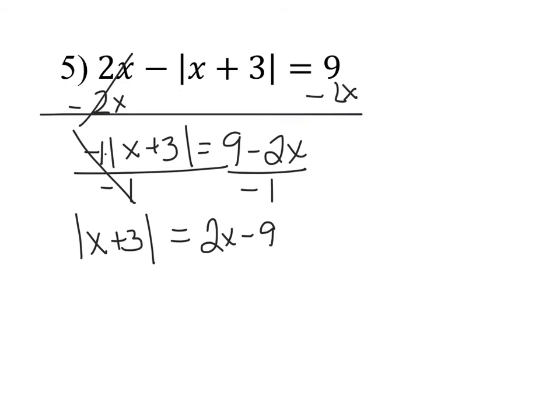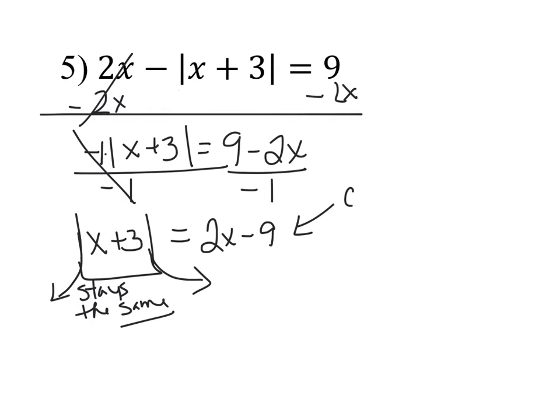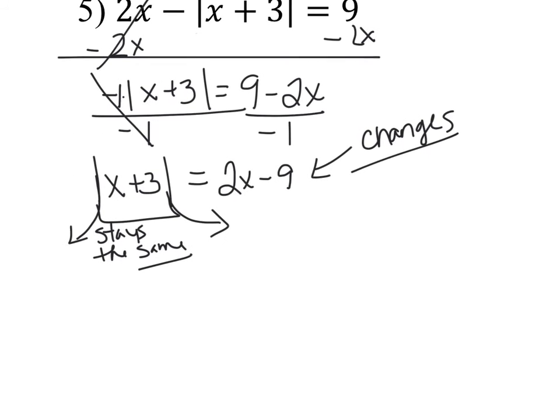So now at this moment, absolute value creates your two equations. Remember, this is the distance. This does not change. Stays the same. Okay? This is the one that changes. Okay, so please just remember that and try to grasp that, and please don't tell me that I never told